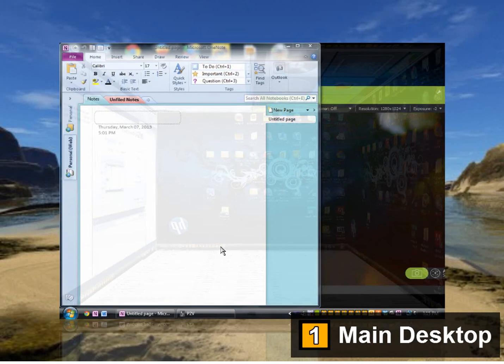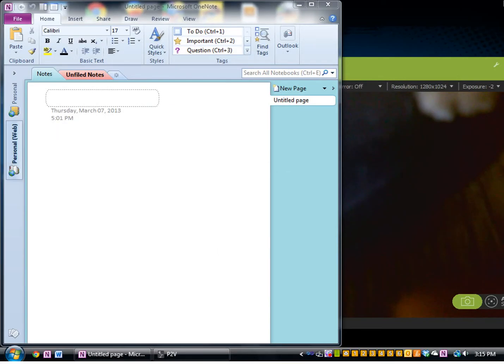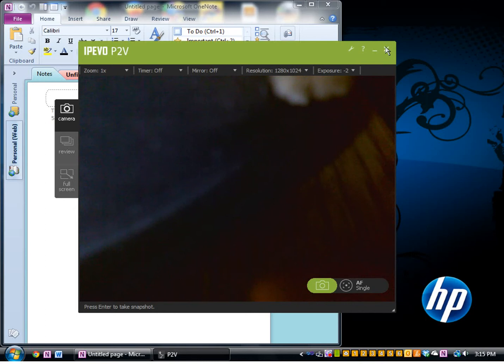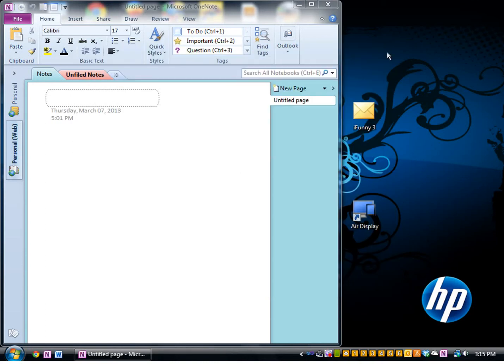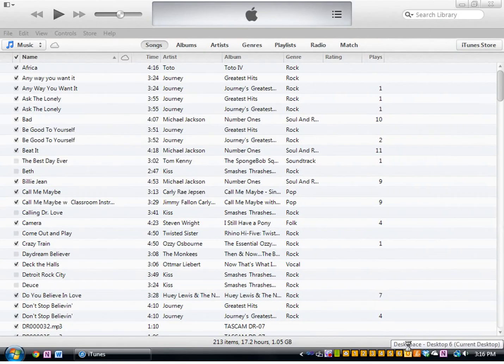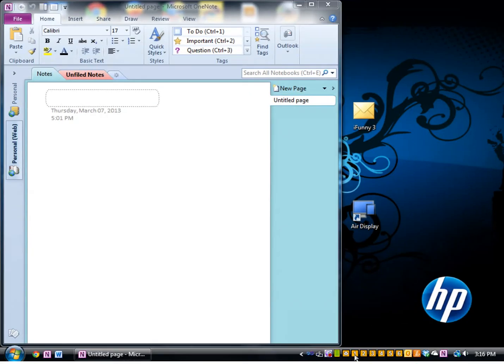And once you find the one you want, you just release Control and Windows key. You just release those, and when you start finishing with ones, you just close them like normal. And I just find that, so let's say I'm working, and I need to jump quickly. I want to just jump to iTunes. I can just click 6 and go right to iTunes, and then I can go right back to OneNote, and